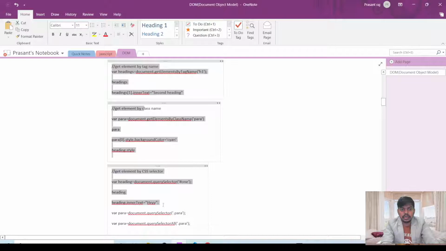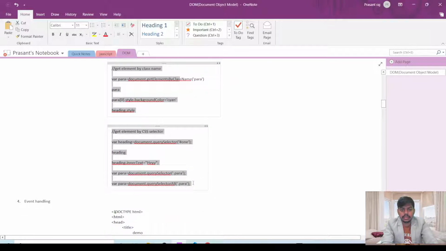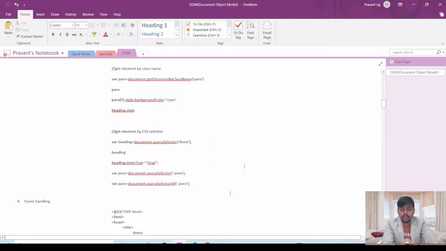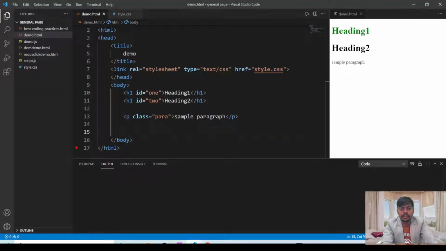Next is getting element by tag name, then getting element by class name, and then getting element by CSS selector. So in total there are 4 ways, or there can be more other ways, but we will be using these 4 ways in which you can select